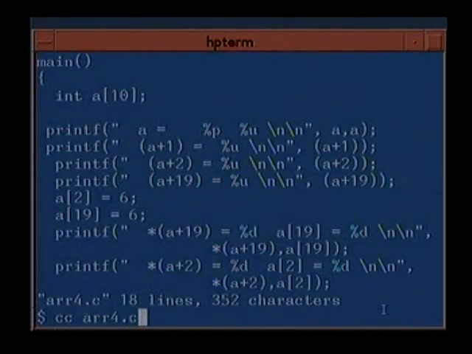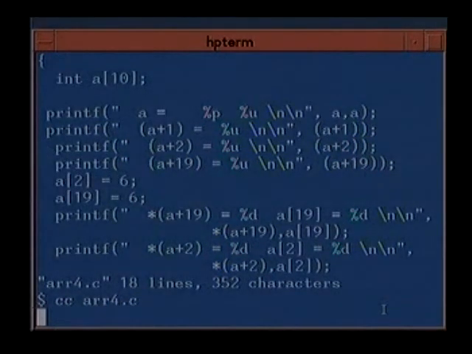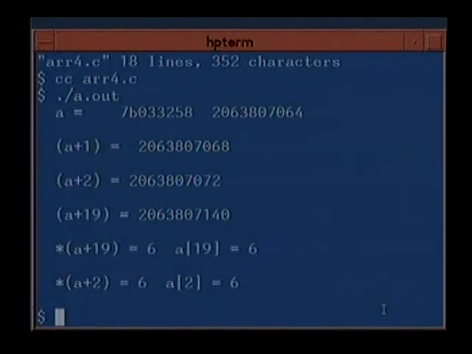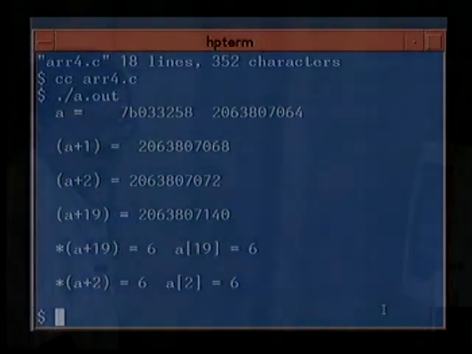Do you know what will happen? This is what will happen. So you have to be very careful about how you write a program.